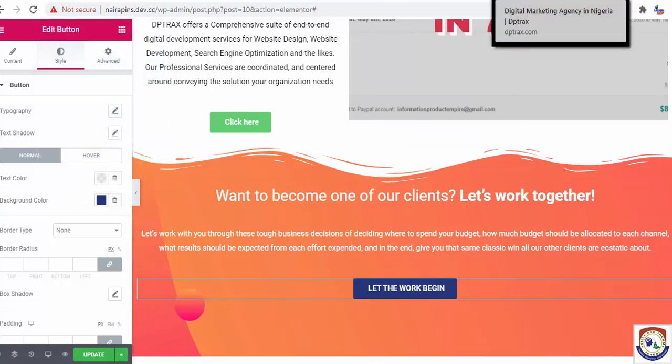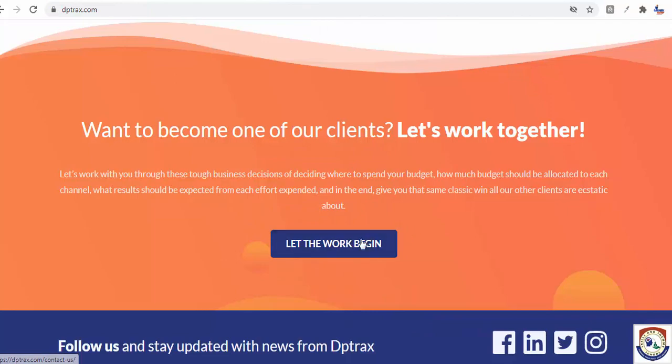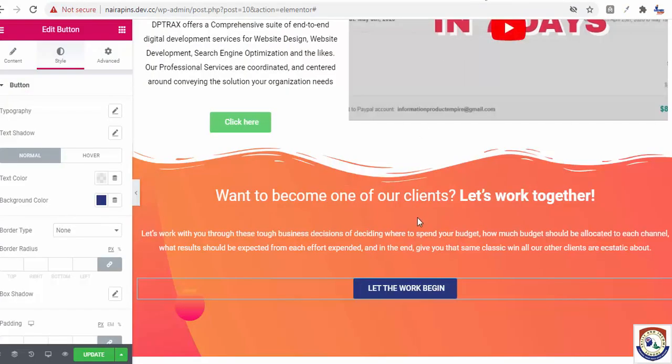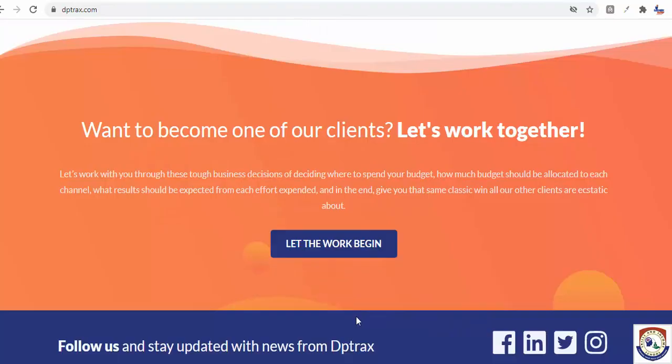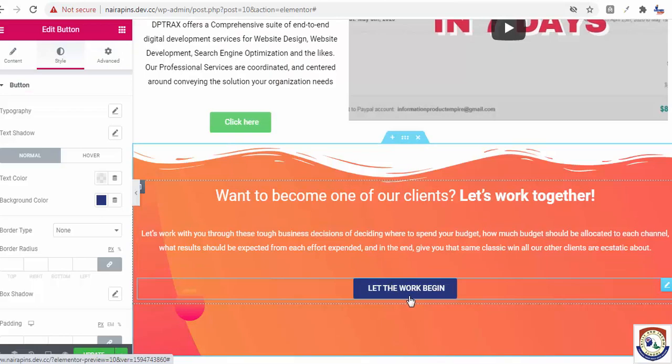Okay, and you can adjust this hover color. I think this hover color is somehow dark blue. Okay, dark blue hover color, you can see. So when you hover now, this one should be faint. So this one is faint. Can you see it is faint? When I hover it is dark. So I think this is the color for the hover.